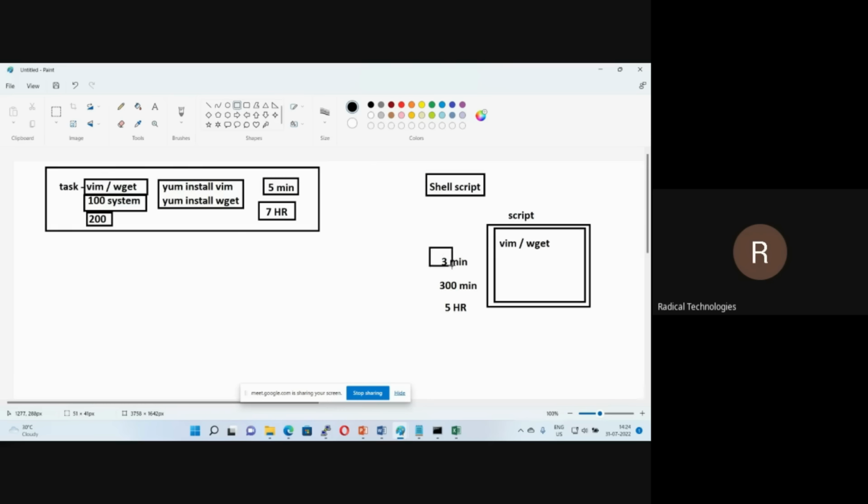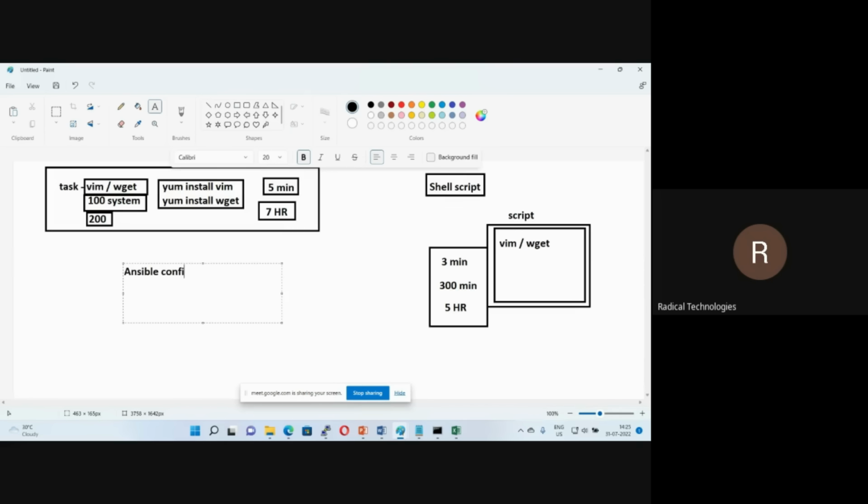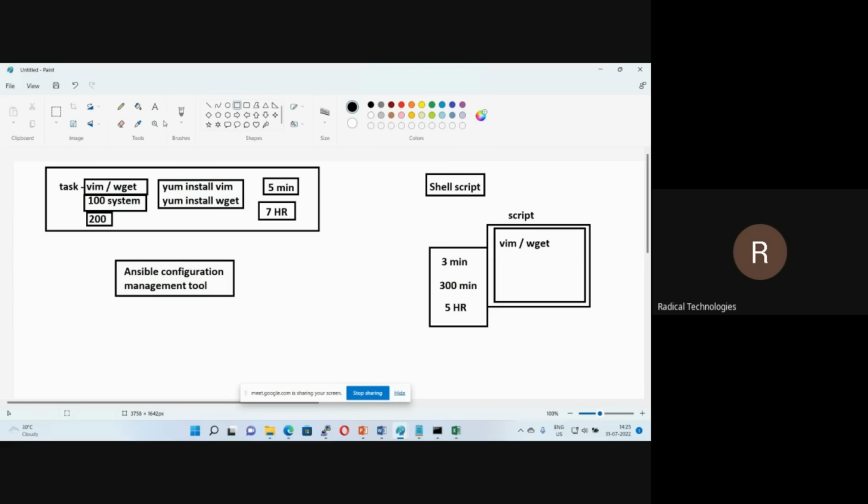But guys, the same task if you want to perform on Ansible. Ansible is an automation tool. Ansible is a configuration management tool. It is very simple. क्यों सिंपल है? क्योंकि गाइस यहाँ पे YAML लैंग्वेज होती है, और ये ह्यूमन रीडेबल लैंग्वेज होती है. So anyone can learn this language. If you don't have programming knowledge, that's completely fine. You can still learn Ansible.